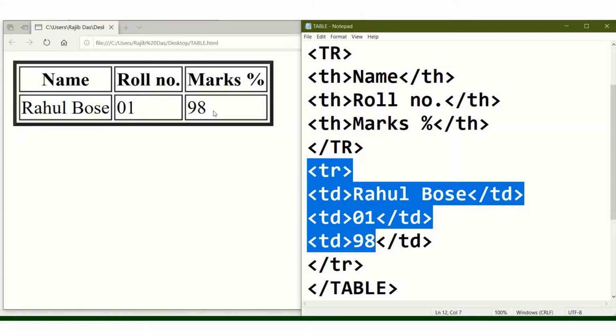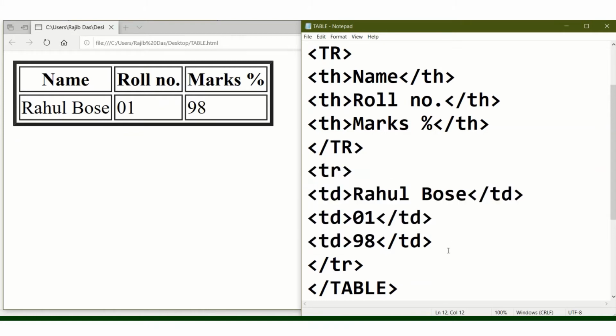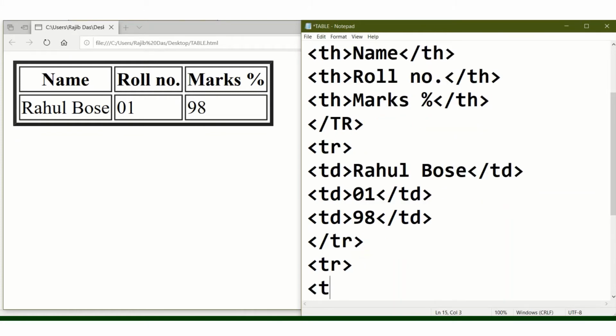Okay, now I am inserting the third row, and within the third row 3 columns according to this table. So I am writing TR again for the third row, then TD for the first column.